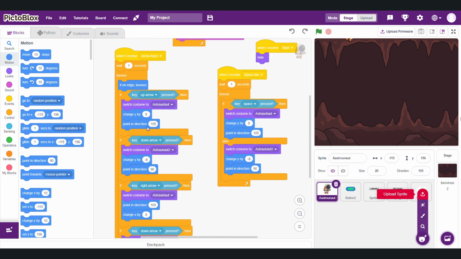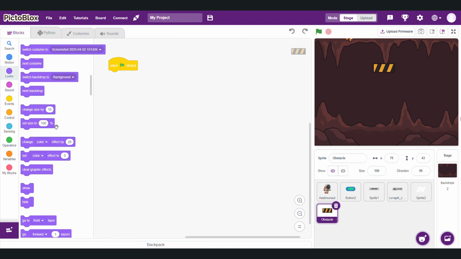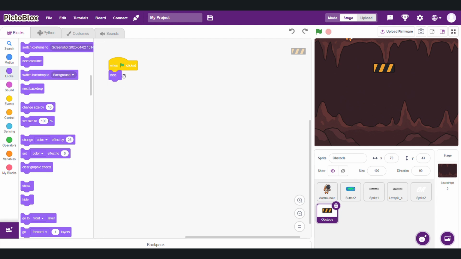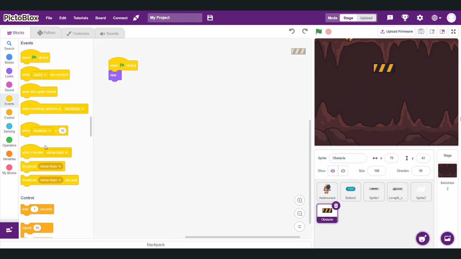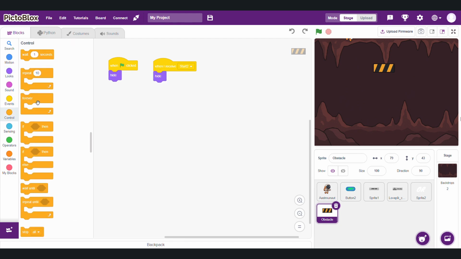Now we will upload our obstacle. Now we will do coding of obstacle. When green flag clicked, looks, hide, events. When I receive start, looks, hide. Forever loop. If then,